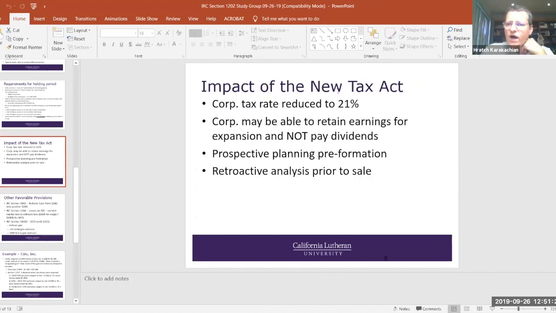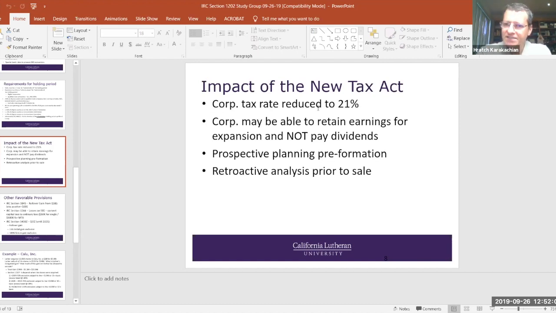So the reason why 1202 has become a lot more popular now is because under the new Tax Act, the corporate tax rate went from a high of 35% to a flat tax of 21%. So even though corporations still have the double tax problem, it's a lot more tempered than what it was before 2018. And this is one of the reasons why 1202 is getting more traction and has become more interesting for